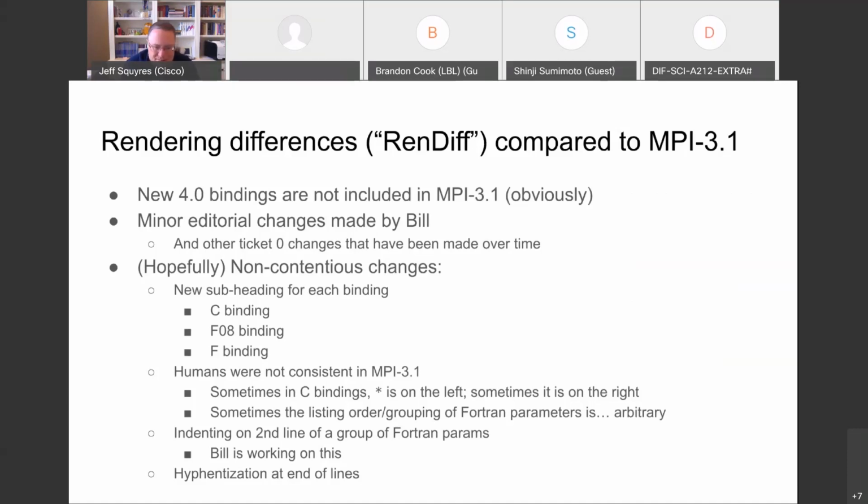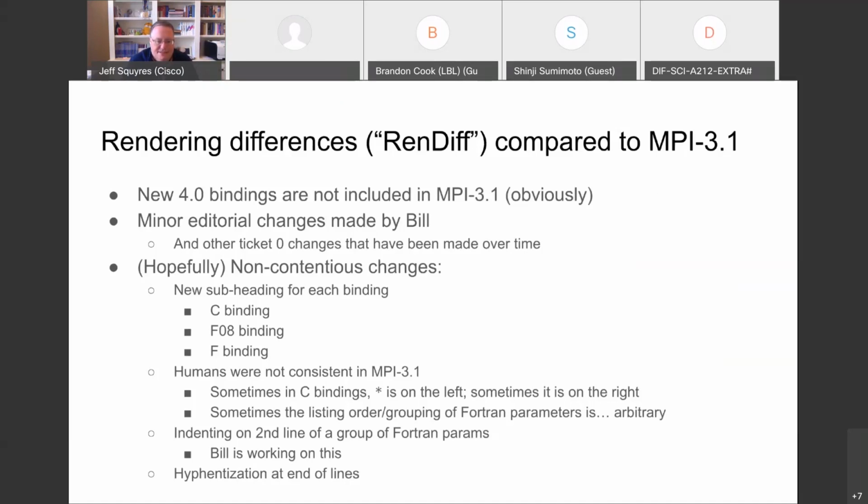Sometimes some human in their brain picked an algorithm to list the Fortran parameters this way, and sometimes a different human picked a different way to list them. And so we cannot possibly match that because it's just not consistent throughout the document. Our engine for rendering does it one particular way. In most cases it is the same, but there are certain places where it's not, and I'll show you some.